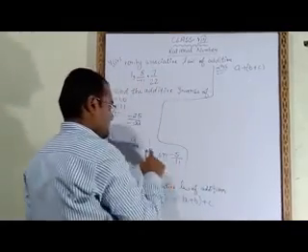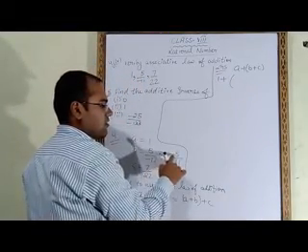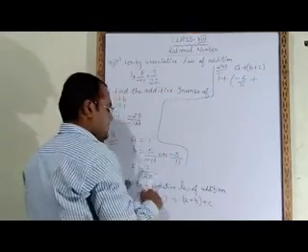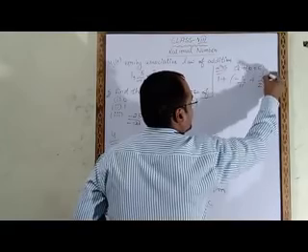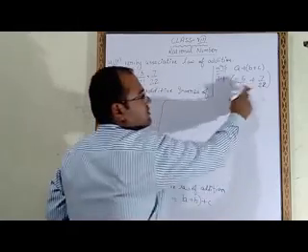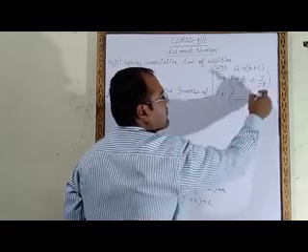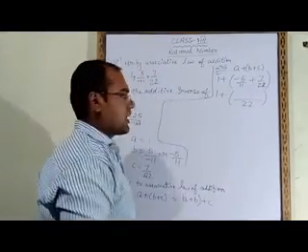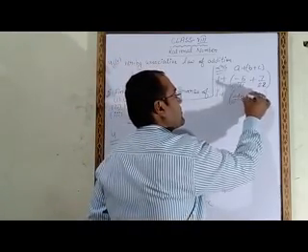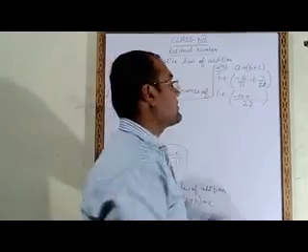So the A value is 1, plus the B value 5 upon minus 11, or we can take minus 5 upon 11. So here we will take minus 5 upon 11 plus the C value, 7 upon 22. Now what is the next step? We will solve this bracket first. So 1 plus, we will take the LCM. The LCM of 11 and 22 will be 22. Now 11 twos are 22. 2 into minus 5 will be minus 10, plus 22 ones are 22, that 1 into 7 will be 7.